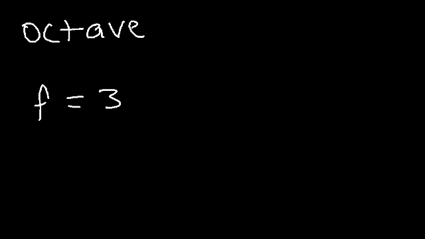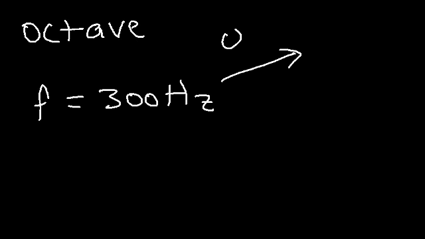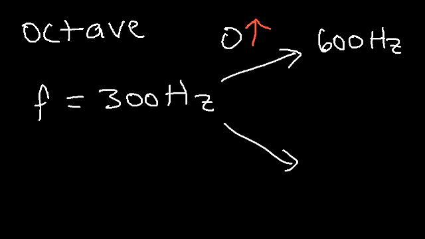Now sometimes you might encounter a word called octave. So let's say you have a frequency that's 300 hertz. If you want to find a frequency that is an octave higher, I'm just going to put O with an arrow going up. So if it's 1 octave higher, the frequency is twice the value. You simply multiply it by 2. If it's an octave lower, the frequency is half of 300. You divide it by 2, so it's going to be 150. So when you hear the word octave, an octave that's higher is simply the next multiple of a number.